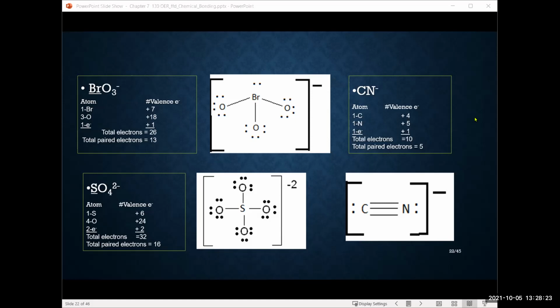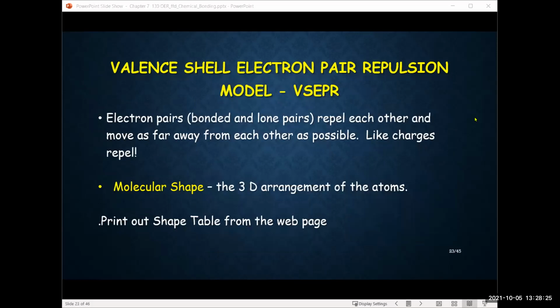Okay. All right, which brings us to this thing called valence shell electron pair repulsion, or AKA VSEPR. Nothing fancy here. I kind of introduced it to you and explained it to you. Notice that as we've been doing Lewis dot structures,